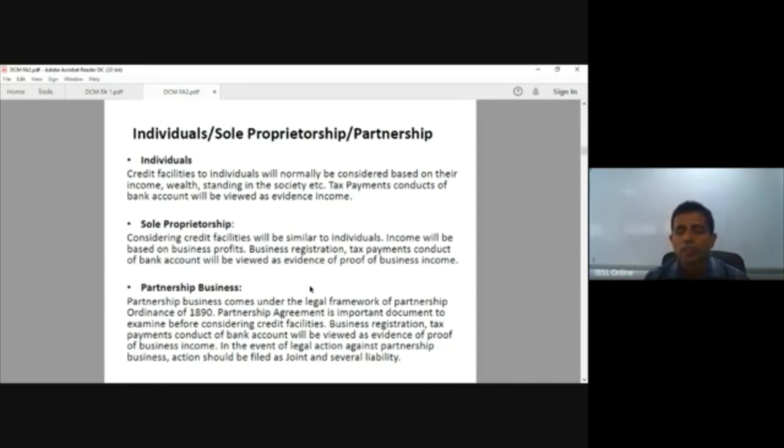Therefore, every time, there is a concept called credit plus, right? Not only the credit, you have to give some credit plus advisory. Encourage these people, especially the people who are from the rural areas. Encourage your people to have some accounting mechanism, or help them to find a good accountant. Accountants also sometimes do not want to be that much involved in their business. Encourage them also to have the involvement from the very beginning, and there are a huge number of benefits, right?